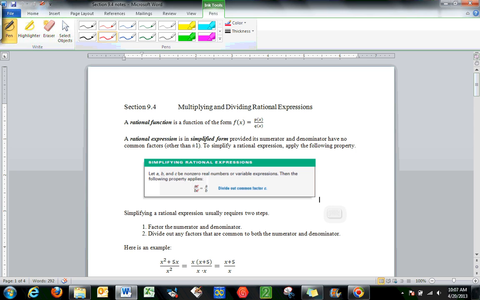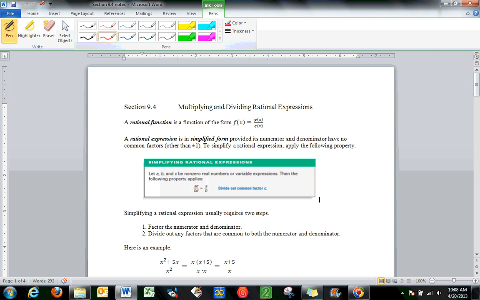For this particular lesson, we're going to be discussing a rational function and rational expressions briefly. This is a good place to introduce this since we've just focused on factoring polynomials with higher degrees. Factoring is a very important process in simplifying rational expressions. So we're going to introduce to you what a rational expression is, and then how factoring plays a part in